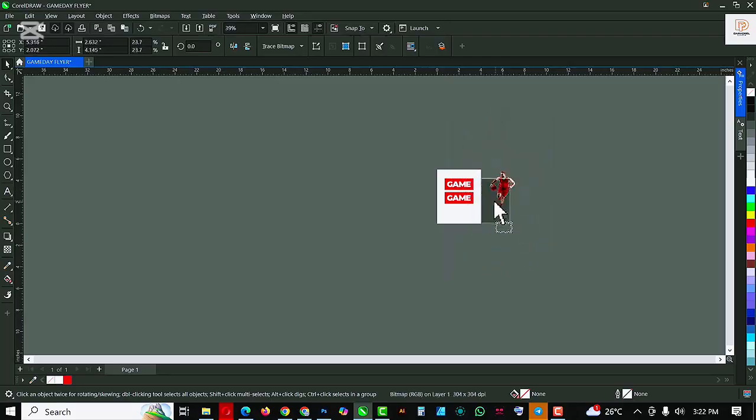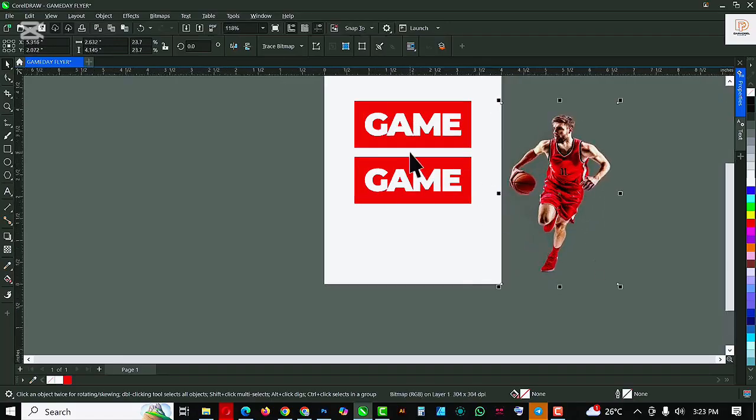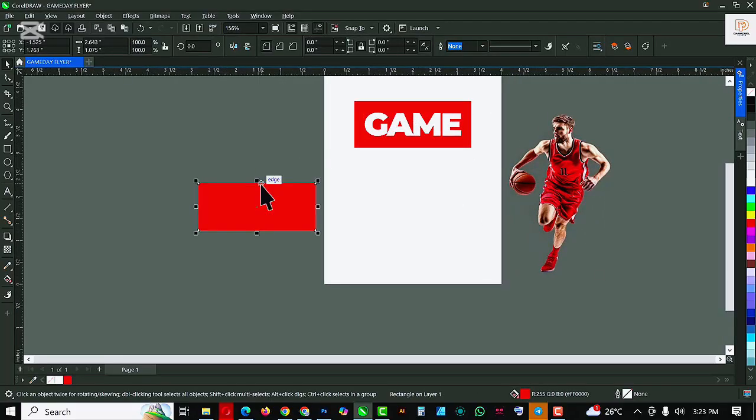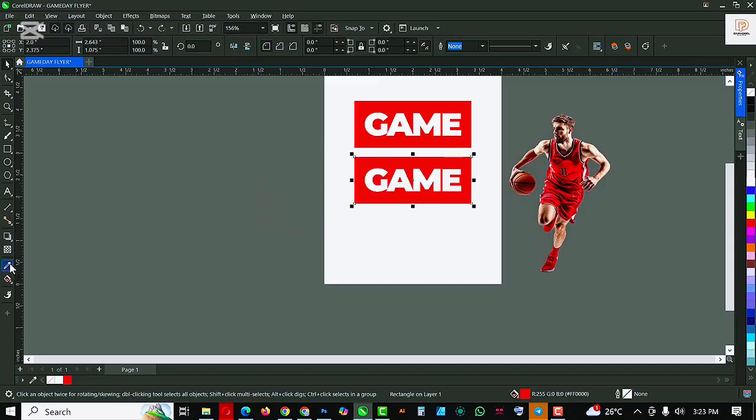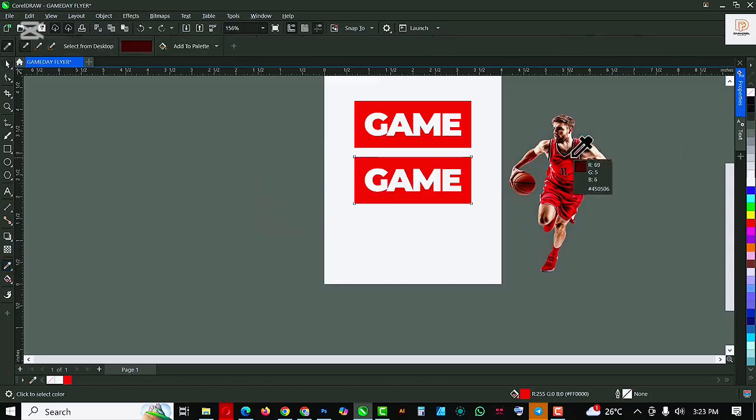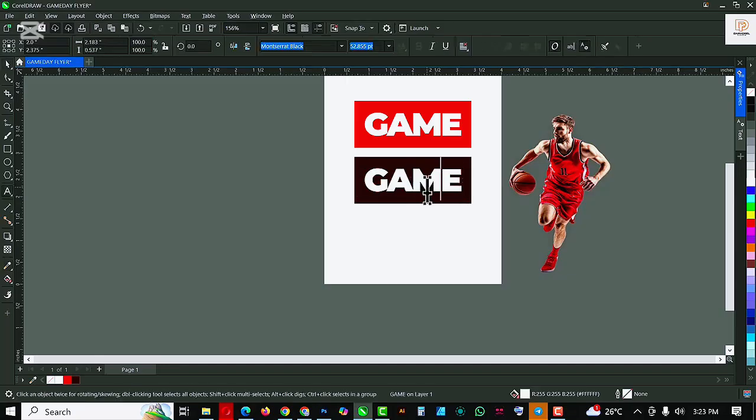So I'm going to make this smaller like this, and I'm going to sample a color for this rectangle from the image. So use my eyedropper tool. I'm going to sample the darkest part here. Click once you've gotten the color and apply it here like this, right? So with this one, I'm just going to change it from game to day, so it's going to be game day,